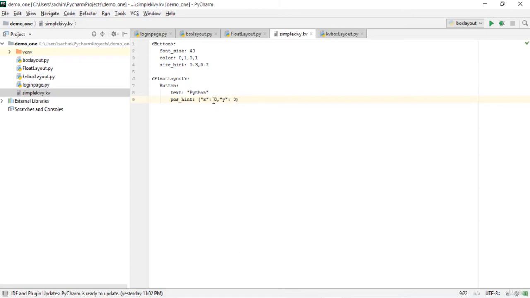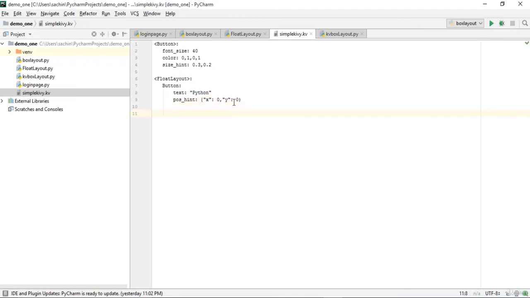This position hint gives us a hint about the position or the position point. So it is basically measured relative to the value 0 and 1, where 1 is completely something, that means you are just saying the whole portion as 1, and 0 is nothing. So we have given here nothing, that is no position hint over here.